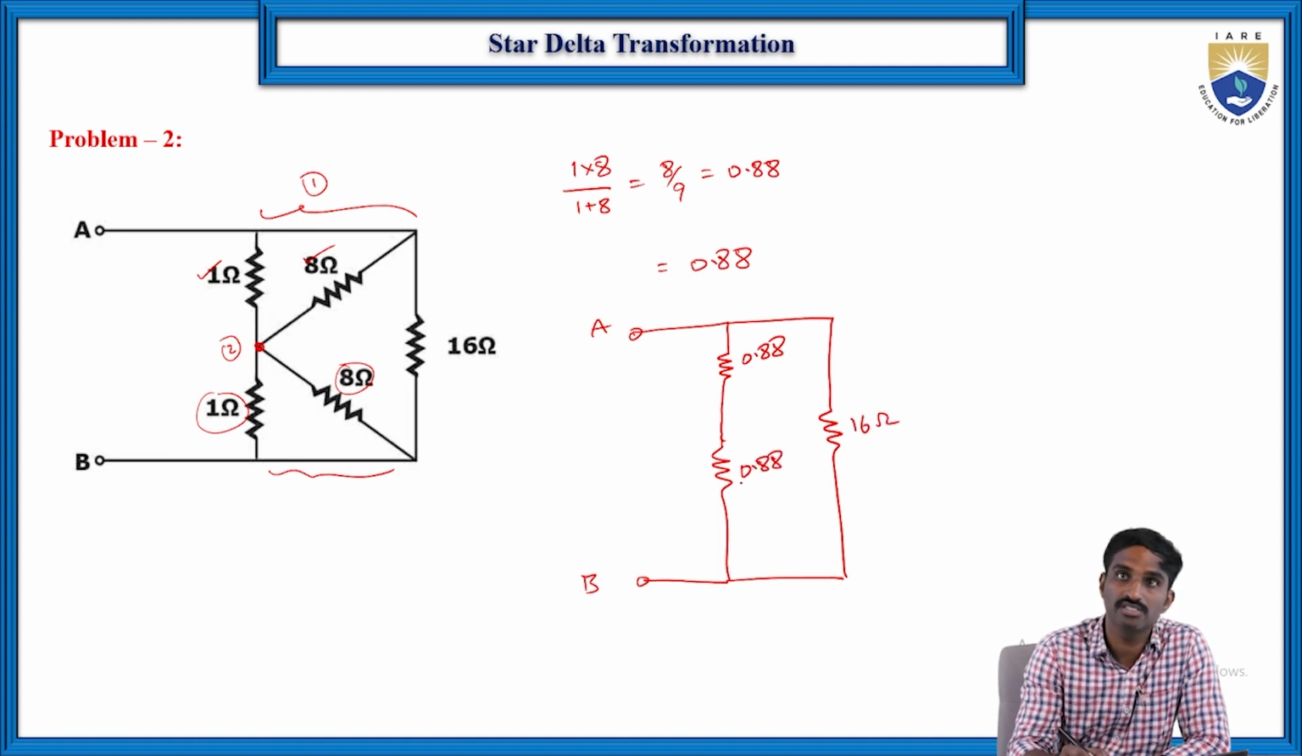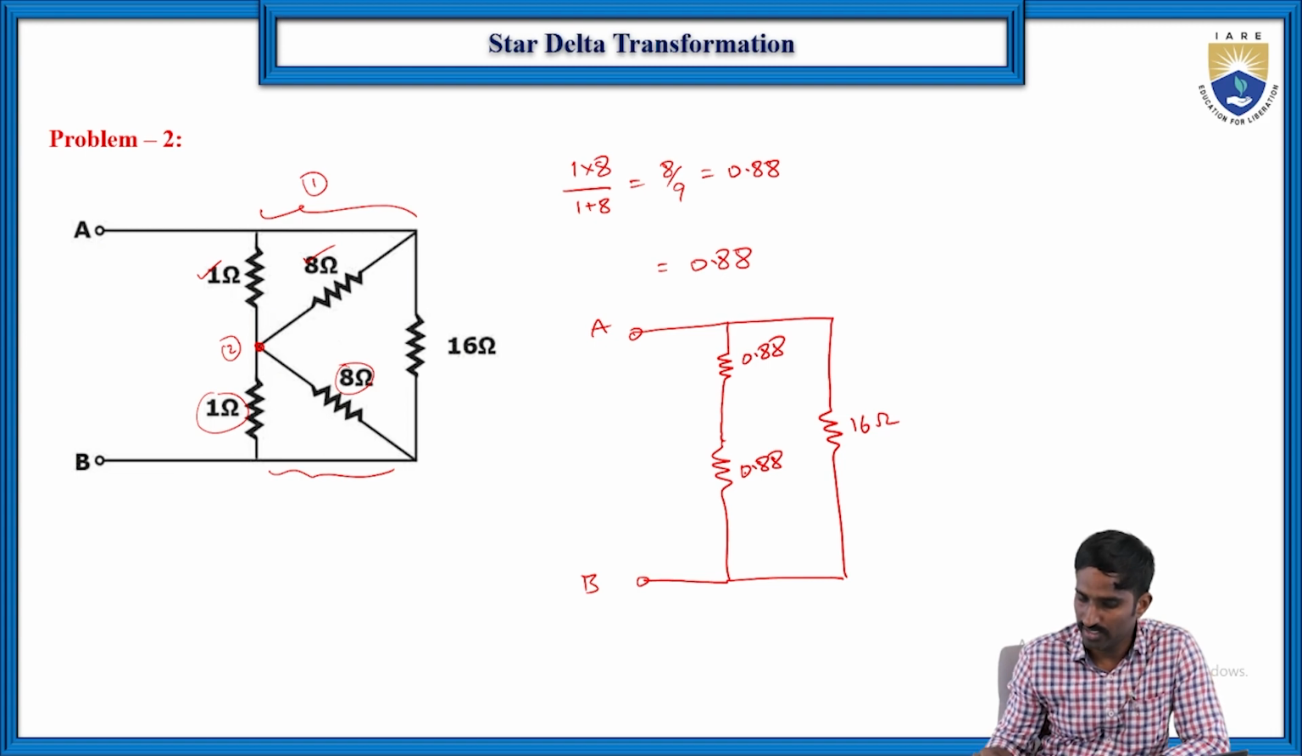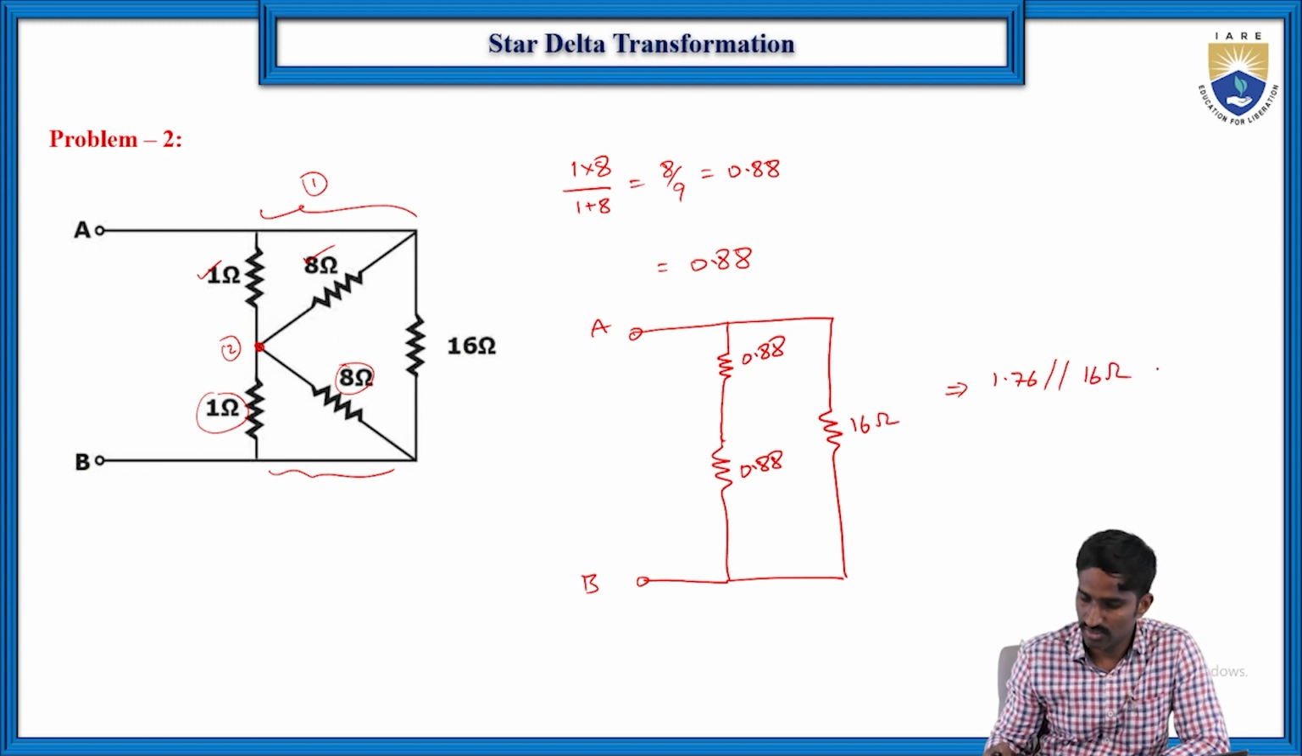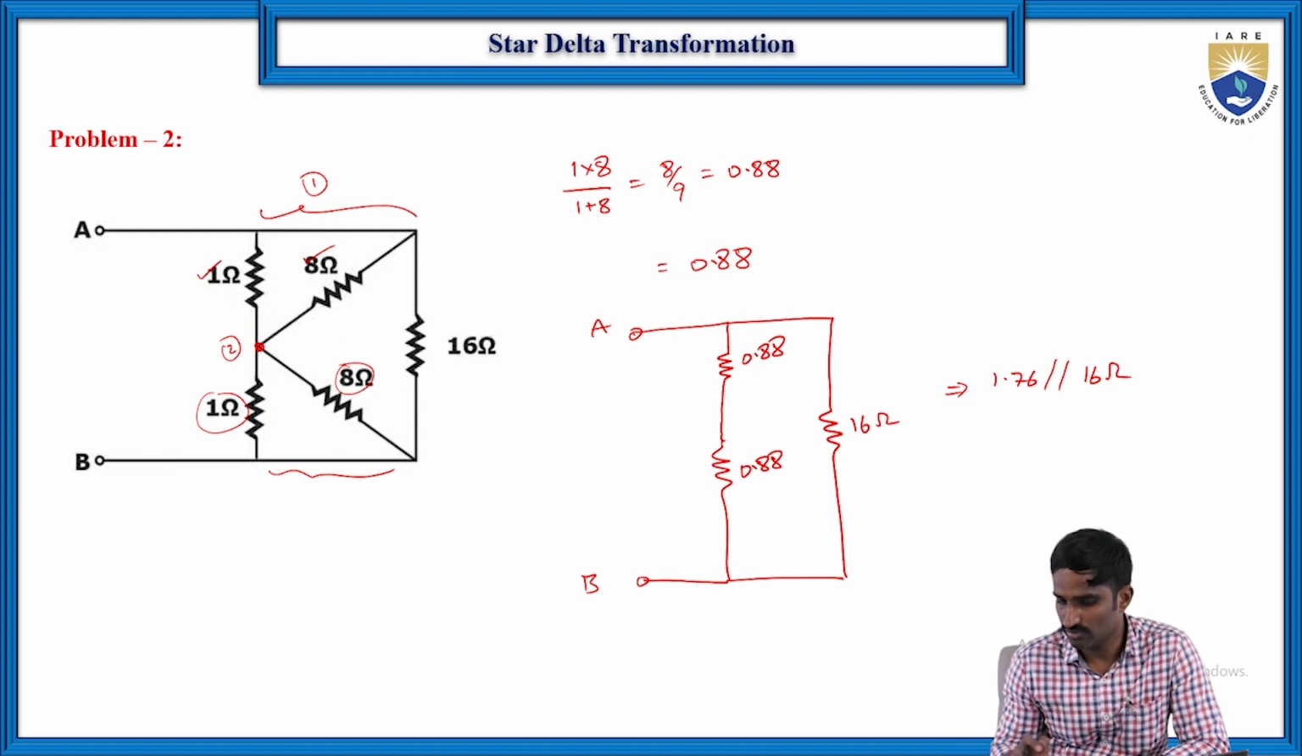Then these two are in series, okay, so 0.88 into 2, which is equal to 1.76. So 1.76 is in parallel with the 16 ohms resistor. So here, 1.76 into 16, which is equal to